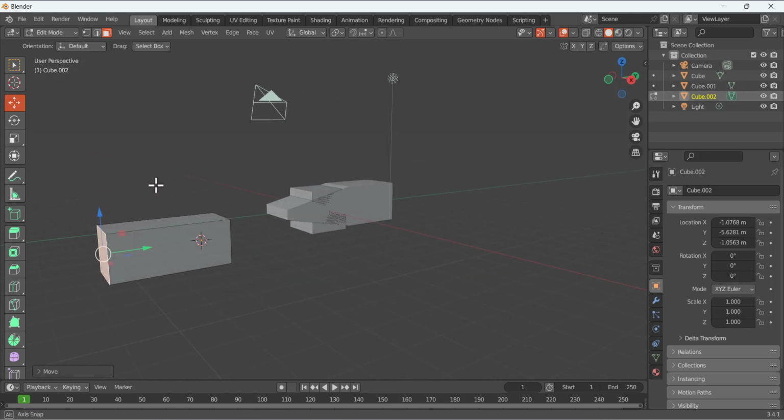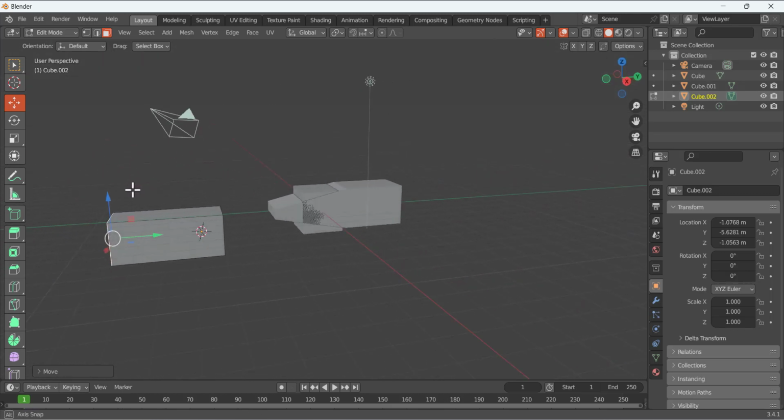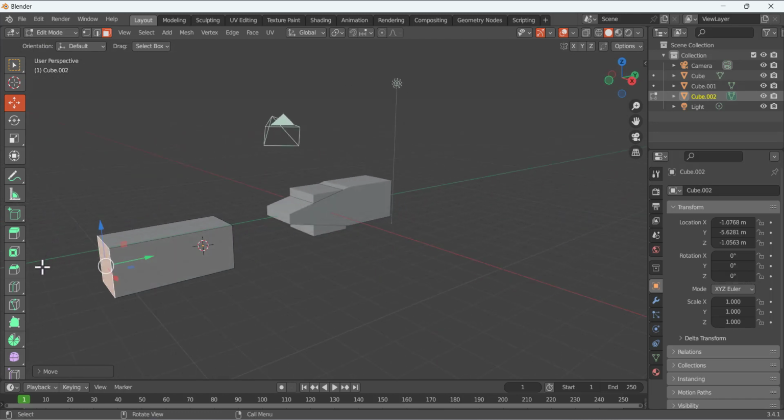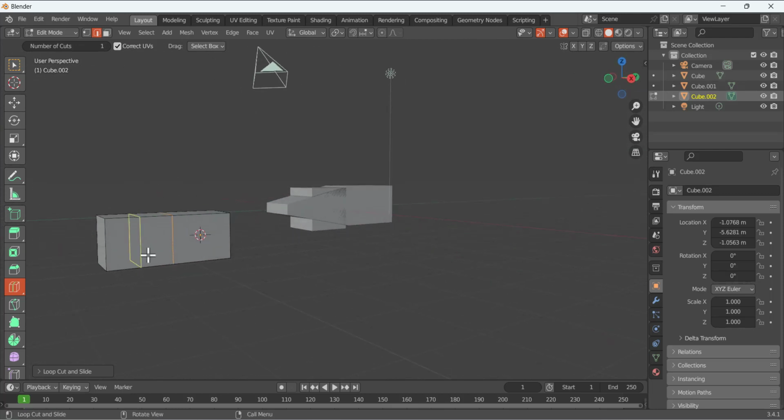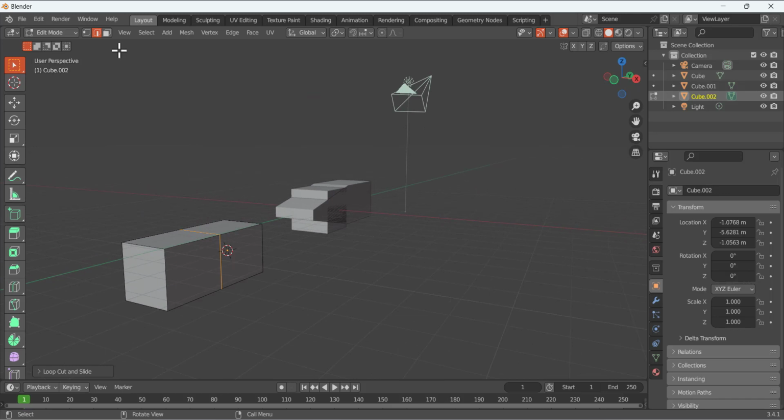Okay. Now I am going to go to the edge loop tool, select this edge loop. We want an edge in the middle. So I add this edge loop in the middle of this cube and then make the selection. Okay. Now go to the face selection mode and here you see a tool, scale. Basically this scale tool is used to scale an object or face,